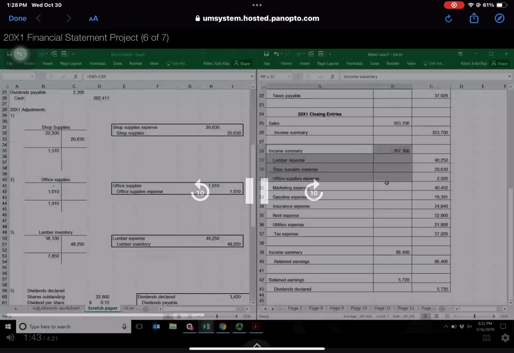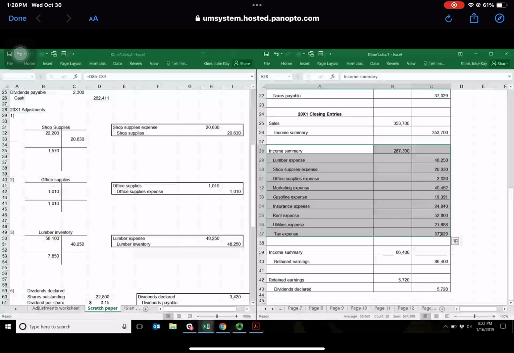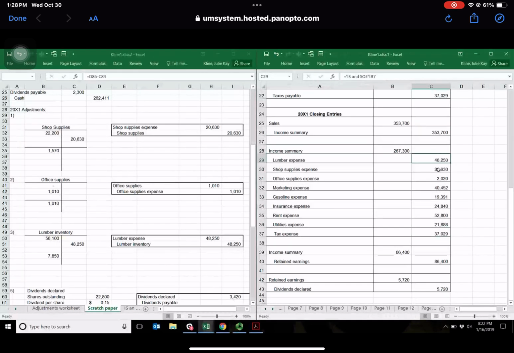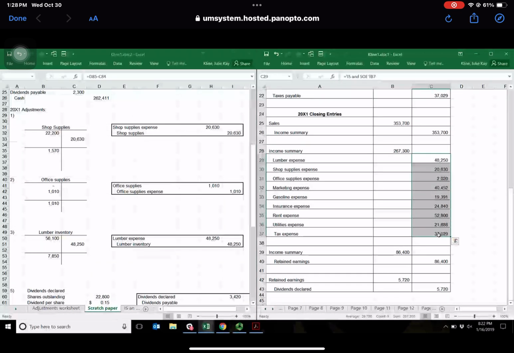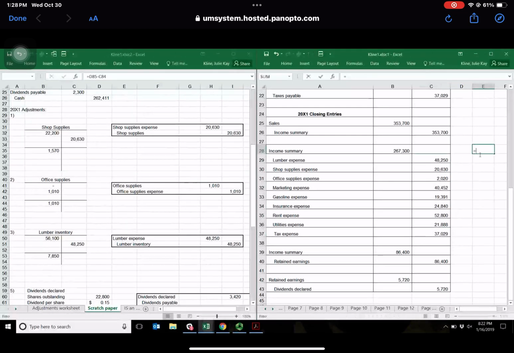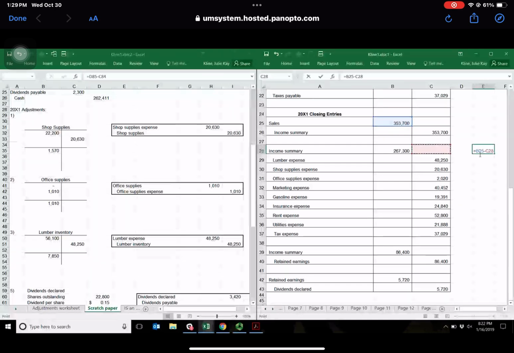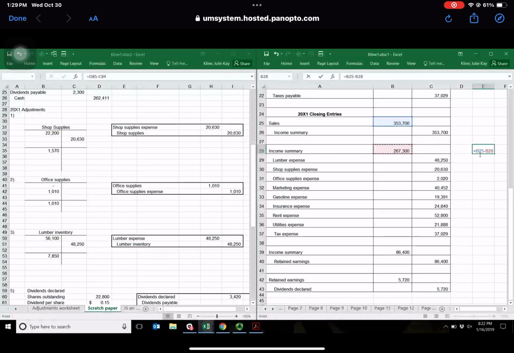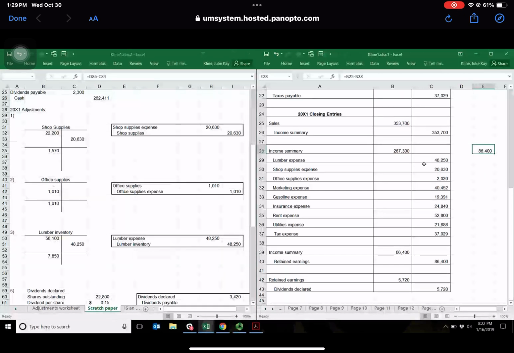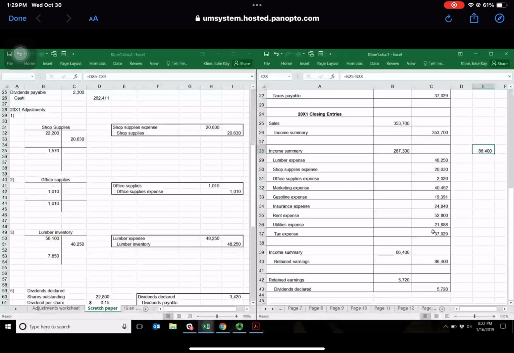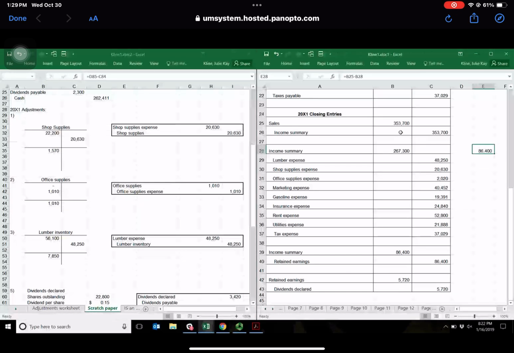Closing entries on expenses, it's your second entry. Close all your expenses. So everything, including tax expense, needs to be closed out. A quick check I like to do is that your sales minus the sum of your expenses should equal net income, because what you're doing is you're closing out all your expense accounts, and you've already closed out all your revenue accounts,